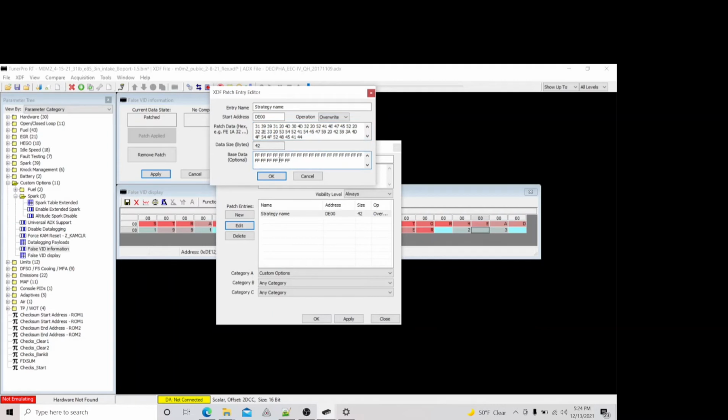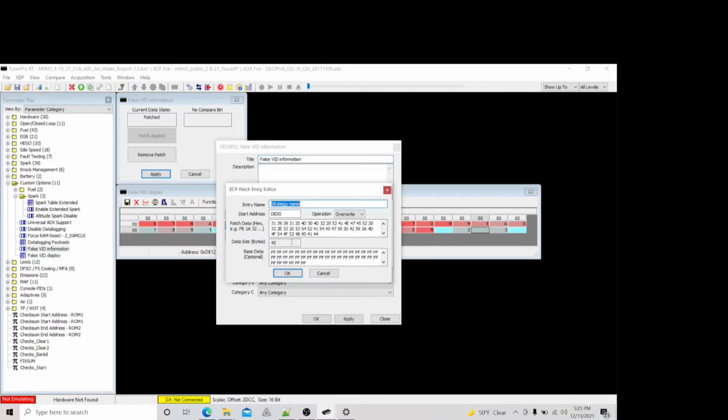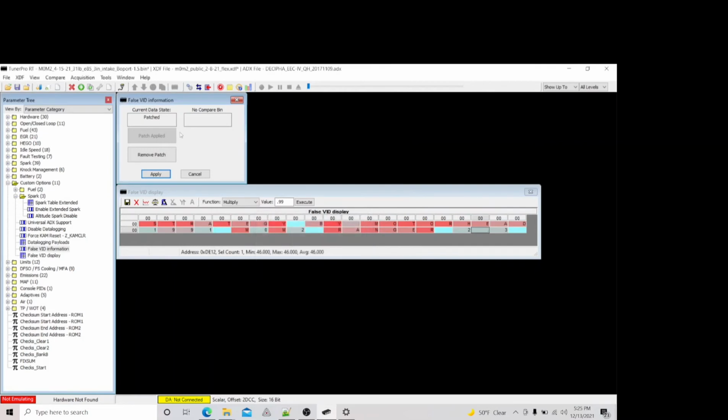Base data, as you can see here, is all Fs. And the reason for that is these patch triggers have an apply patch and a remove patch button. Now, the base data is what makes that remove patch button work. Now, if we come up to the hex editor, apply changes,